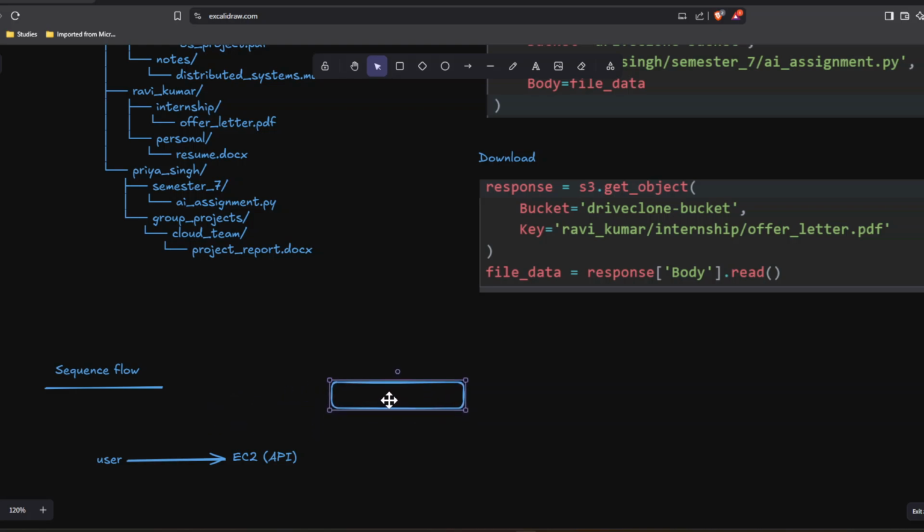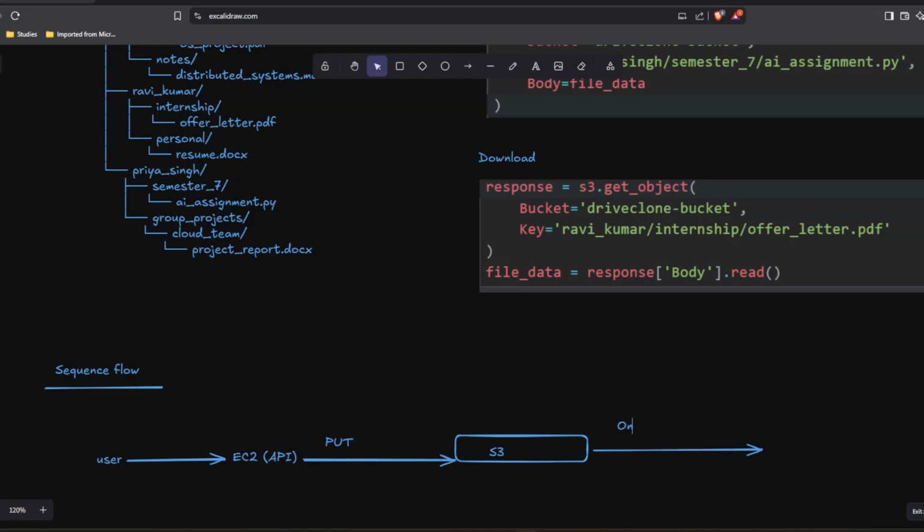But this EBS is not our concern right now, so we will just go to the S3. What will happen is from the API we are going to make a call to S3, and in the upload flow it will be a put request, and in a download flow it will be a get request. And once it is successful, so this is interesting, once the data put is successful,